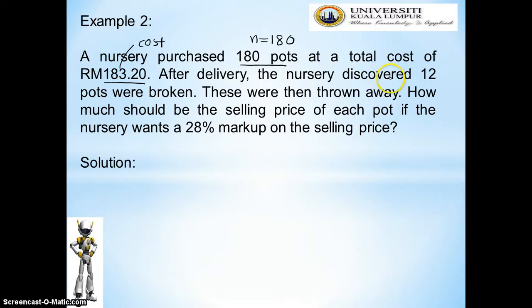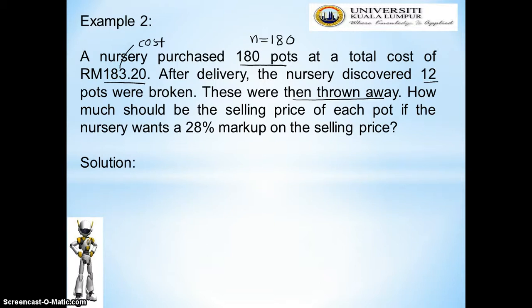After that, the nursery discovered 12 pots broken. So this is the defect, the broken pots. We have 12 pots. These were then thrown away, so we don't have to sell them because they are already broken. Then how much should be the selling price of each pot if the nursery wants a 28% markup on the